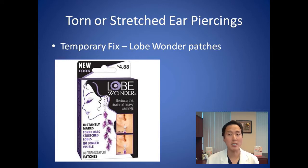In those types of situations, some people say, well, geez, I wore a diamond stud and it actually fell out because the hole is so big, it was much bigger than my actual earring. Well, this is one solution that's a temporary fix. It's called Lobe Wonder Patches. So if you've got a torn or stretched earlobe and you don't have time to get it fixed yet, but you want to wear a nice earring, this is an adherent patch. It's kind of like Scotch tape, but it adheres much better,